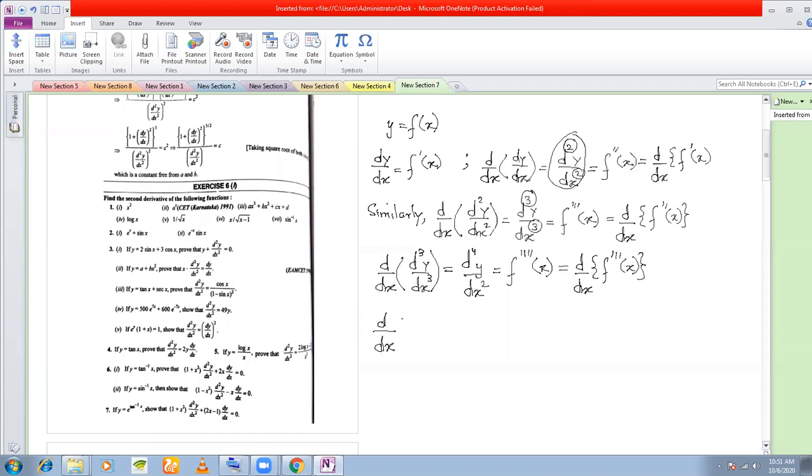Let me just write one more. d/dx of d4y/dx4 is d5y/dx5, which is equal to f. Now we don't give so many dashes when the order crosses 4. We simply give a 5 here within brackets, and for 6 also we give f(6)x.